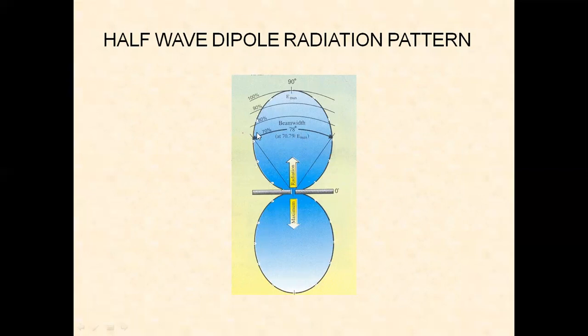And we have a certain beam width. If we calculate, this is the maximum field. If we take the maximum field divided by √2, we get a value. When we take that value, we get two 3 dB points. If we take the angular difference between the two 3 dB points, we get the 3 dB beamwidth. So within this 3 dB beamwidth, the signal is radiated into the space. So for one half wave dipole, we get this type of radiation pattern.